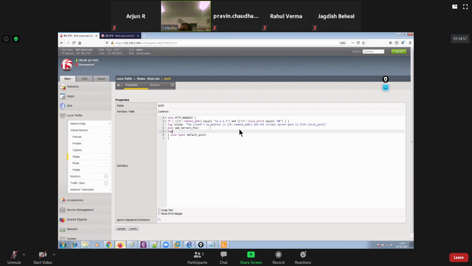So here you could say log local0. and what do you want to log, right? That's your LB:: and then you could select server, and then pool.